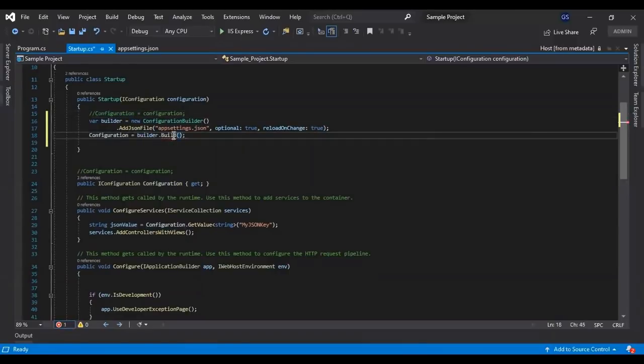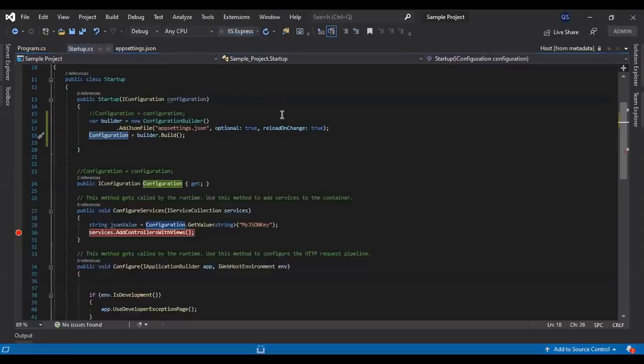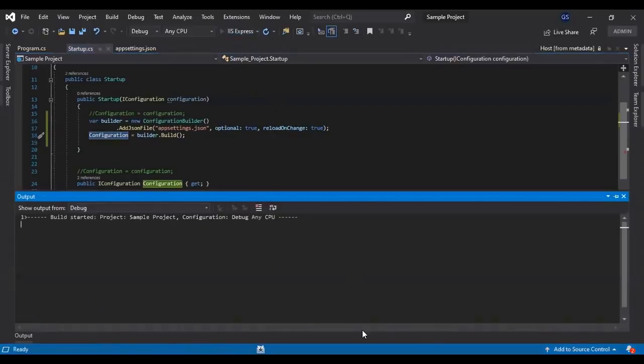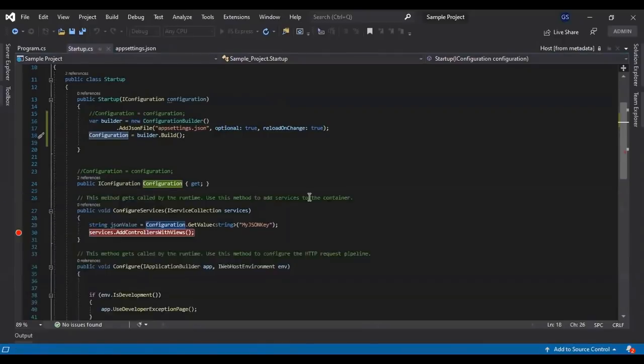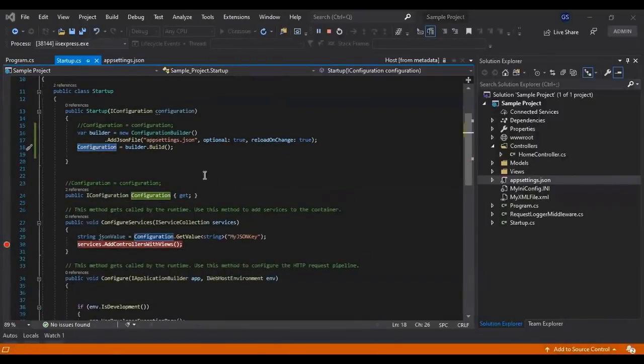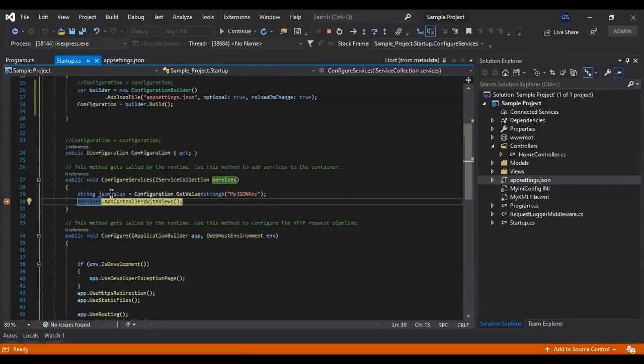What we have done is override the default configuration and assign our own file, appsettings.json, which was previously loaded into the default configuration. So now let's run and see. Look, we are getting the same result.